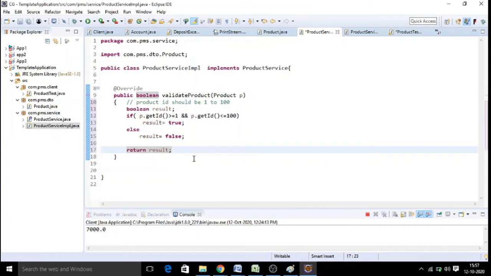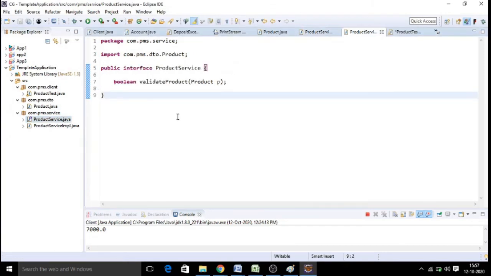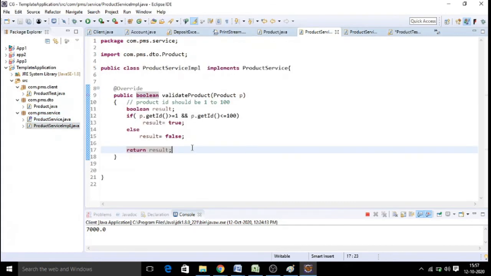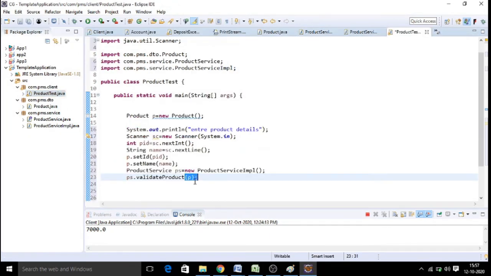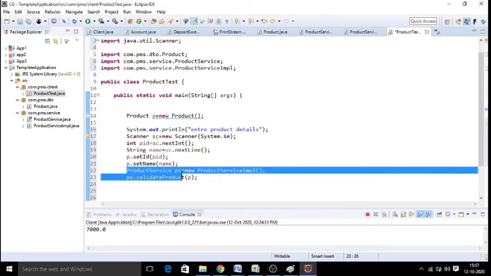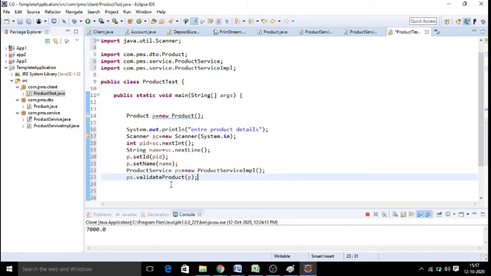So this is our implementation now. My service class is ready, but I am not going to use this service directly. A request comes through your interface, then it will come to your class. That is the standard we are following here. What is that? Creating an interface reference, then following the implementation class. Then I am calling my method to test it. What is the result it is going to give?